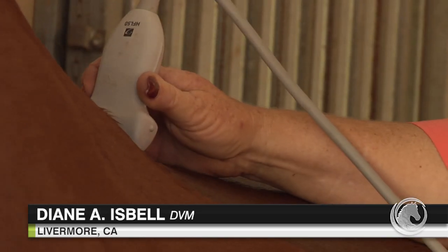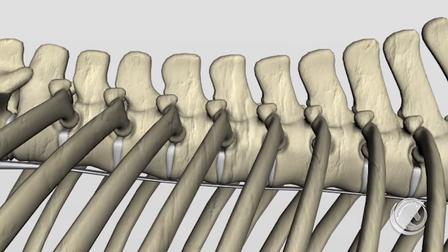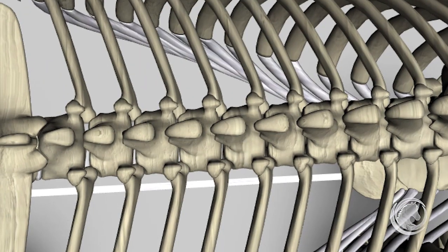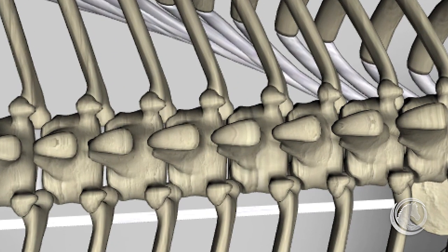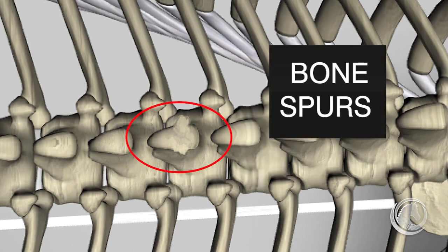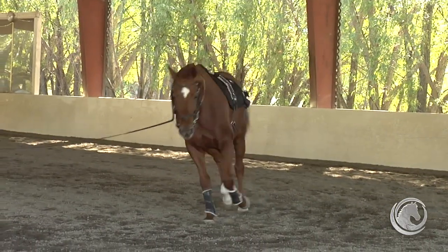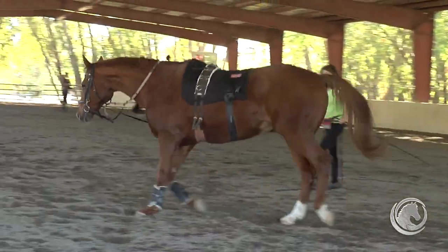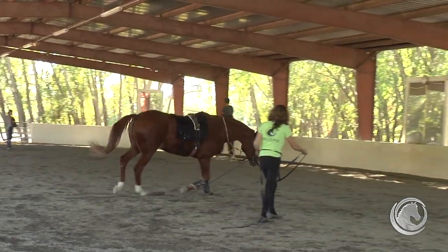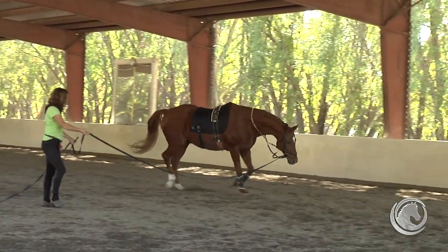Dr. Diane Isbell uses both X-ray and ultrasound to identify kissing spines. The ligaments in the bone from one dorsal spinous process to another should be flat. But what's happened, he's gotten a bone reaction that has spurred out about 1 centimeter from each side of the spine. This horse is more counterbent when going to the right, and that's because it's painful for him to stretch the muscles and because of bone reaction at the